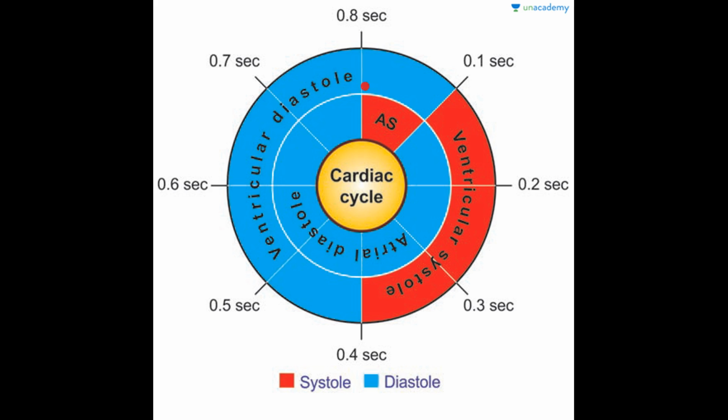You can see that atrial systole is separate and ventricular systole is separate. They both do not overlap, but atrial diastole and ventricular diastole overlap for half of the cardiac cycle. You can see the overlapping of ventricular and atrial diastole. Now while discussing the cardiac cycle, we must remember that both sides of the heart are synchronized, and also the activity going on right side will be same as that of going on the left side.